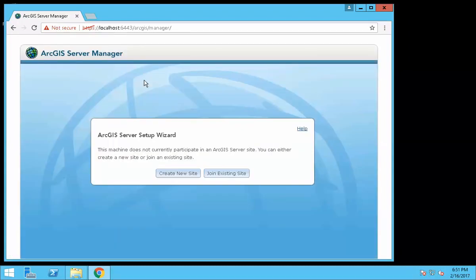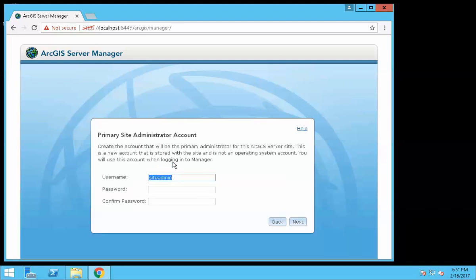Now the actual setup process here, the installation wizard, is actually a website, as you can see. And we're just creating an ArcGIS Server site. We're not joining an existing site. So we're going to create a new site. And now we need to provide and create a site admin account. The default username is siteadmin, and then you supply whatever password you'd like. I'm going to be supplying a password